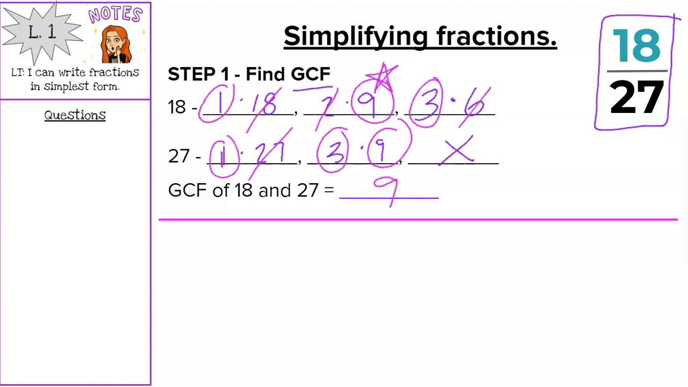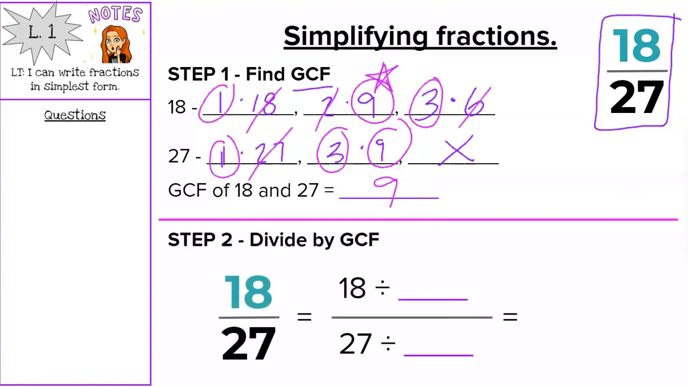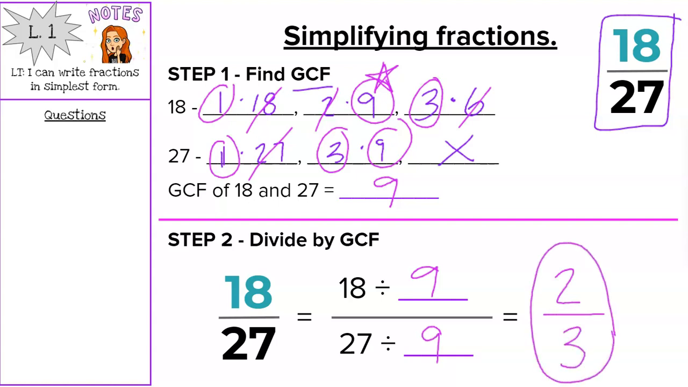So then we're going to use that to simplify. So remember, we divide our fraction by the greatest common factor. So we divide 18 by 9, and we divide 27 by 9. 18 divided by 9 is 2, and 27 divided by 9 is 3. So that fraction simplifies to